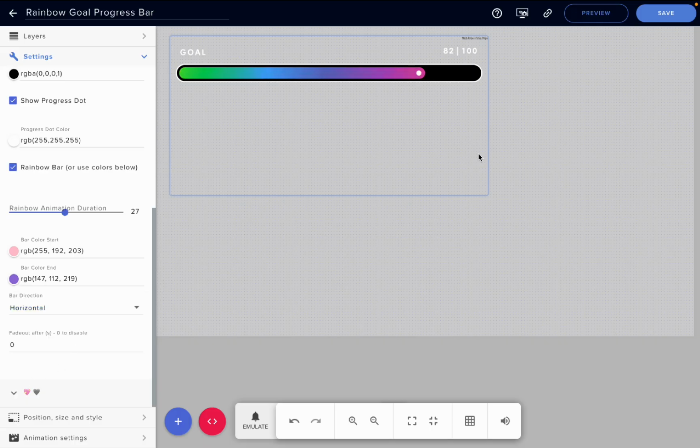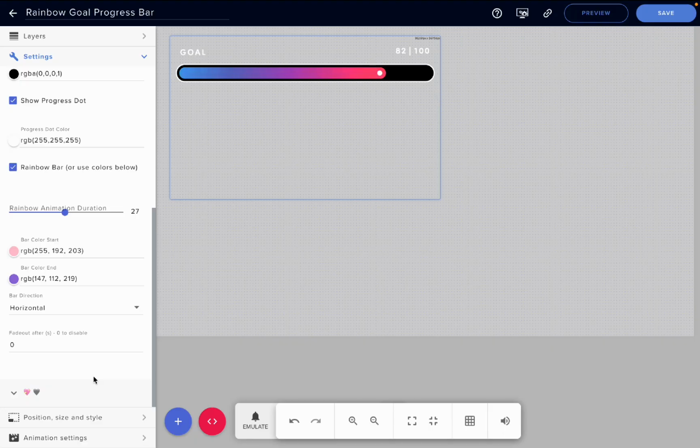You'll likely have to move around the sizing, which at any point, if you want to change the width or sizing of the widget, just drag this blue border box and it will automatically resize to fill the width or height if you have a vertical goal bar. This last option is if you want the goal bar to only show when you get a new event, so like you get a new follower and the goal bar pops up. If it's set to 0, then that is disabled, but if you put in any number, say 5 for 5 seconds, then when you get a new follower, it will display for 5 seconds and then